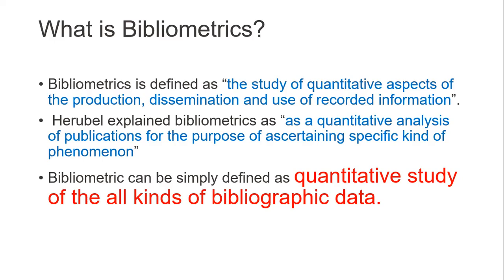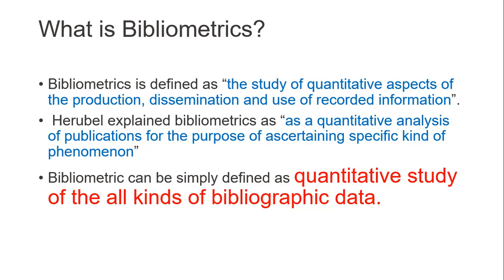Another similar explanation of bibliometrics is given by Heroben as a quantitative analysis of publications for the purpose of ascertaining specific kind of phenomenon. Based on these two definitions, we can simply define bibliometrics as the quantitative study of all kinds of